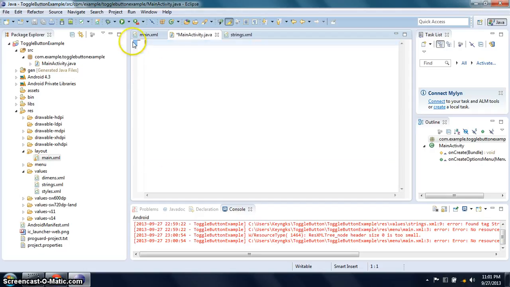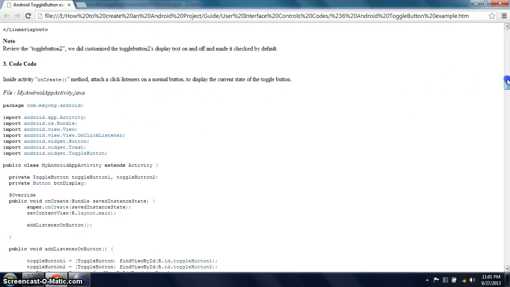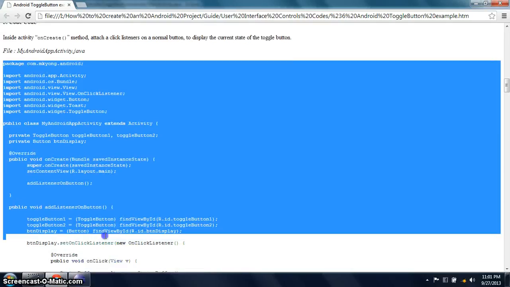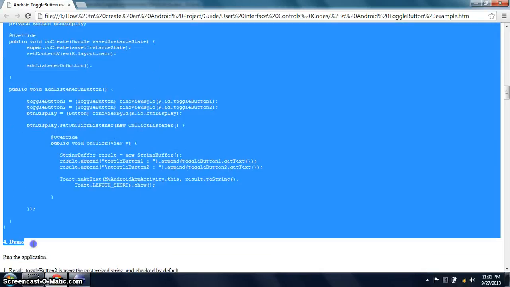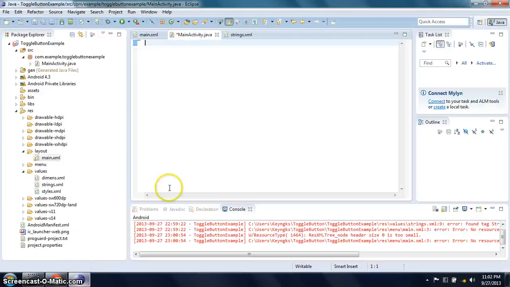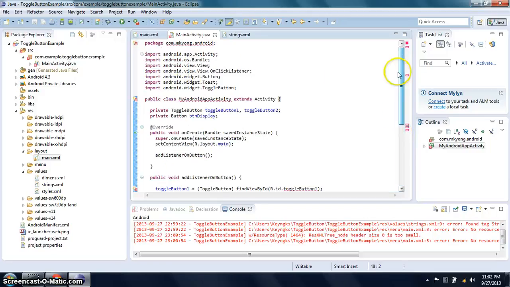Just delete this one and copy the codes which I have downloaded earlier. Then click save.